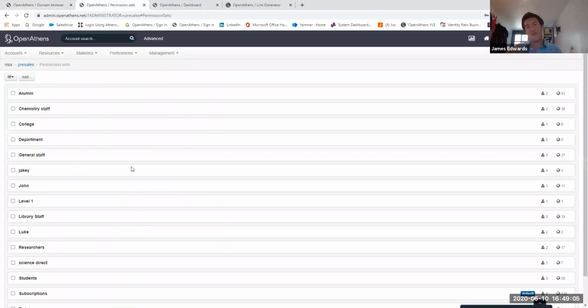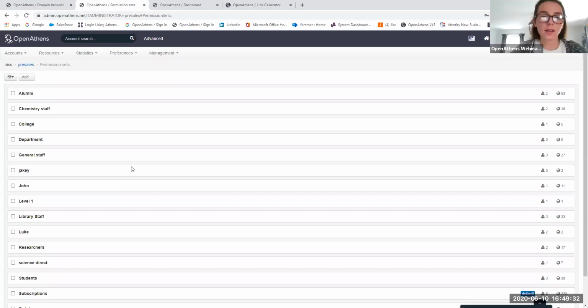What I will say around that, though, is that in those institutions, you would have to share that login at the present stage. We are looking to change that, to open it up so you can have more than one. But at the moment you would just share it. There is a second factor of authentication to make it a little bit more secure, and that is IP. But again, we'll work with you on that to make it as safe as possible for you.